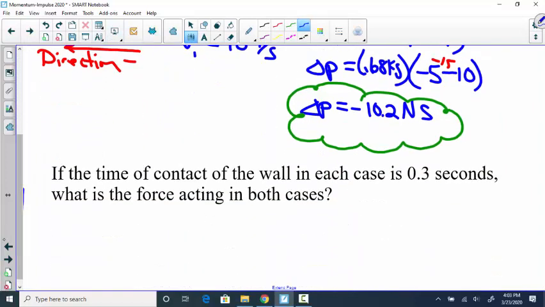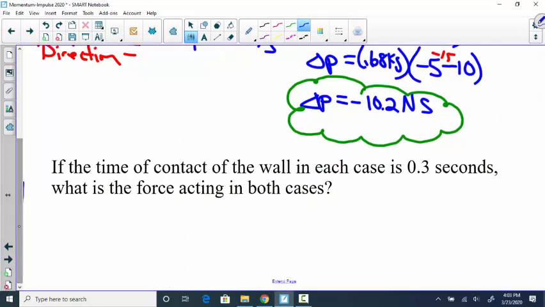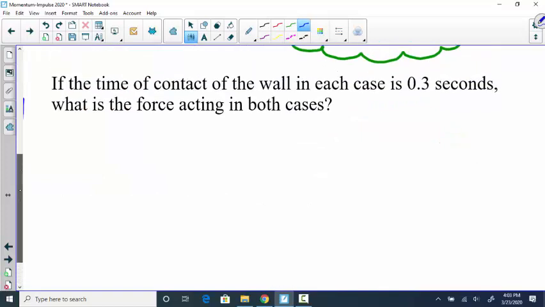So now, next question is, let's assume the time of contact in each case is 0.3 seconds. So we're going to assume that the wall slows the ball down in 0.3 seconds in both cases. Okay? So I want to know what would be the force that's acting. So now we have an impulse in the first trial of negative 6.8 Newton seconds, and we have an impulse in the second problem of negative